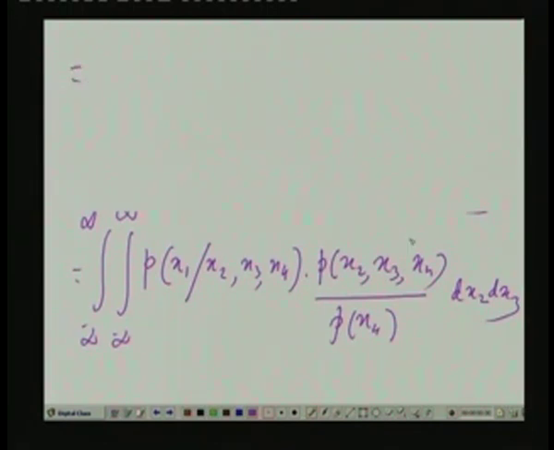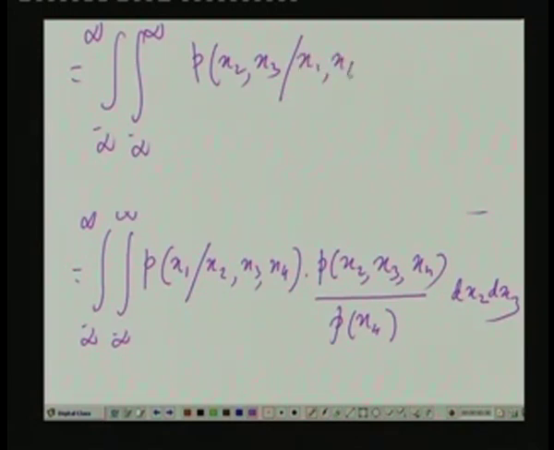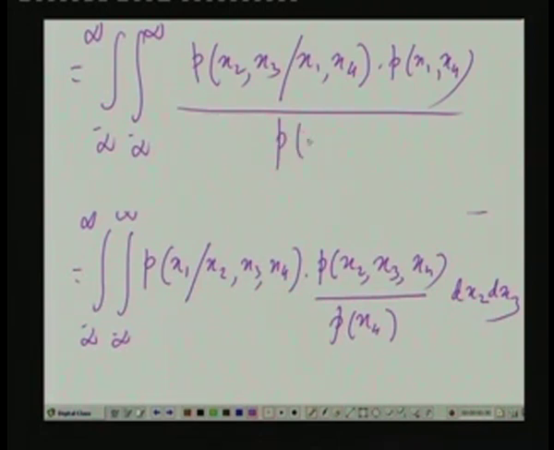And that joint density you can then write as p of x2, x3, that is the variables with respect to which we are doing the integration, x2 and x3, given x1, x4, multiplied by p of x1, x4, that will give us the joint density, and this is divided by p of x4 as before,